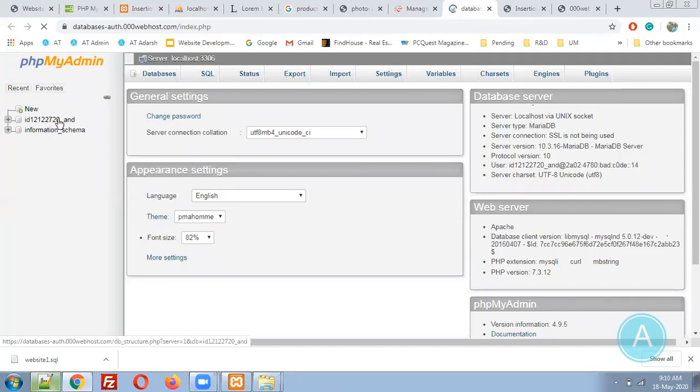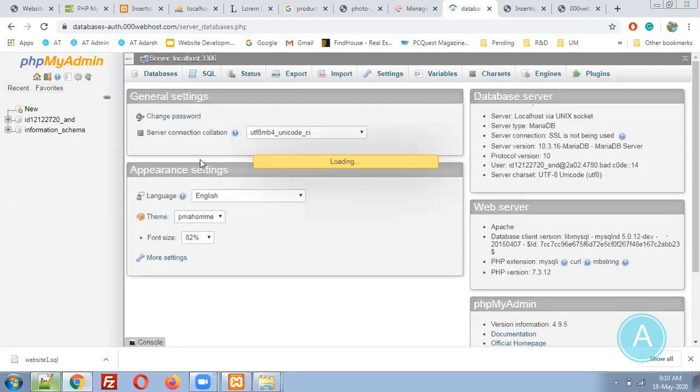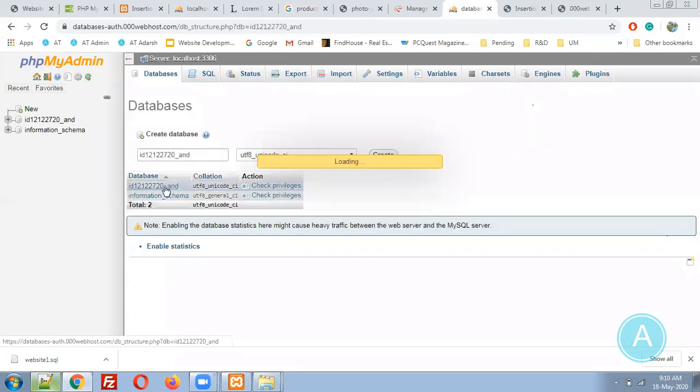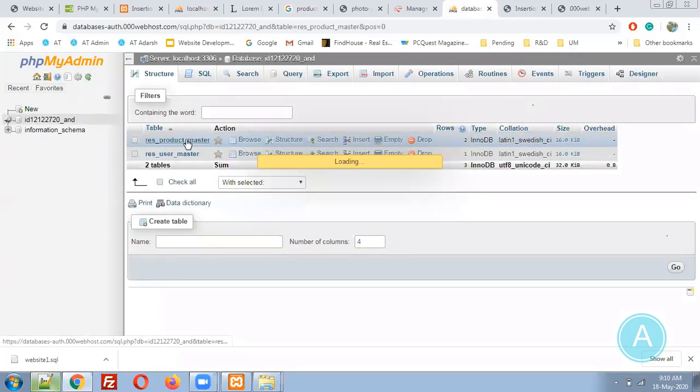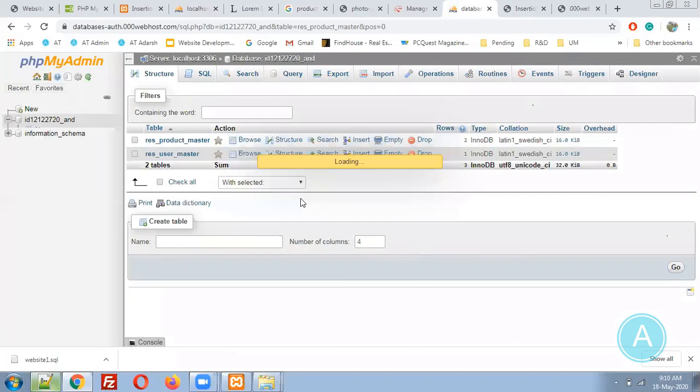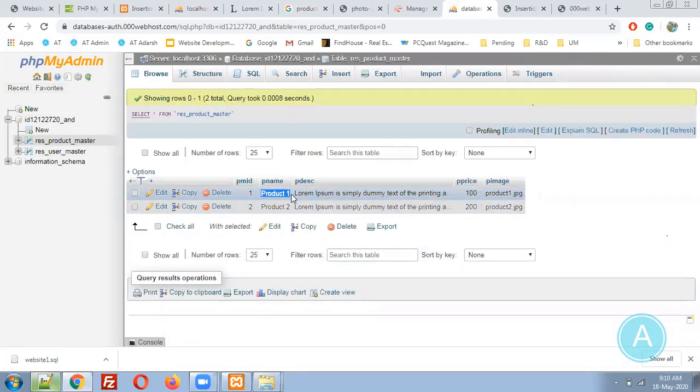Remember, this is the database name that I have already previously created. I'm going to the database. I'm going to the product master table. I'm changing the name from product one.